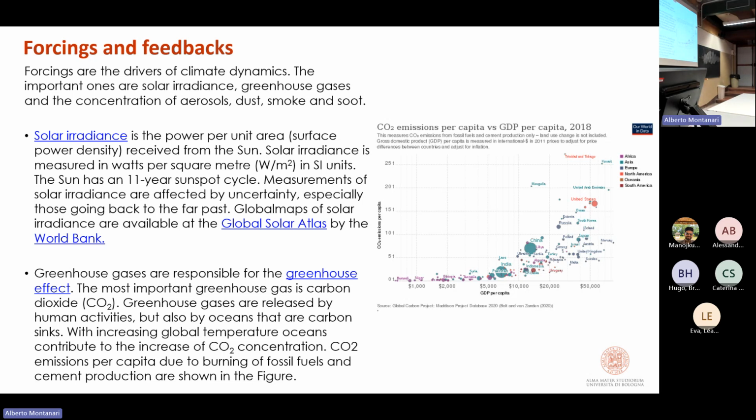Another form of energy, which you may think is not related to the sun, hydroelectricity, hydropower, is related to the sun because the water cycle is fed by the solar energy. If water gets from the ocean through evaporation up to the mountains and then in artificial reservoirs, it is thanks to solar energy. The energy for moving the water from the ocean to the top of the mountains is solar energy.